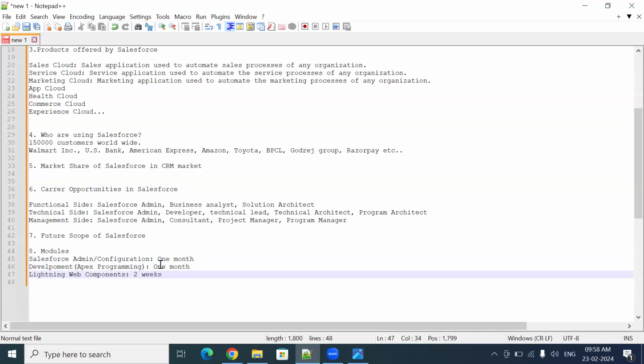And when it comes to Salesforce, even non-technical, non-IT students can learn Salesforce very easily, because here we don't have any